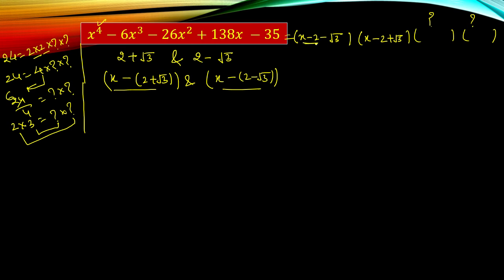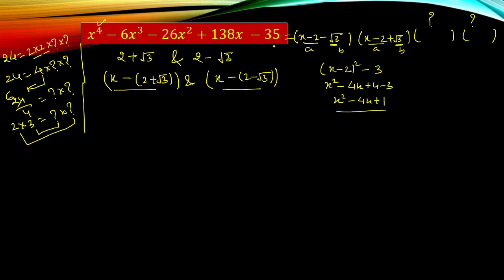Now see here, this is x minus 2, this is x minus 2. This is minus root 3 and this is plus root 3. If we apply the identity a minus b into a plus b, this is like a, this is like b, this is like a, this is like b. So applying a plus b into a minus b, we will get a square minus b square. So it should be x minus 2 the whole square minus root 3 the square, that is 3. Opening the bracket, we get x square minus 4x plus 4 minus 3, that is x square minus 4x plus 1. So the product of the given factors is x square minus 4x plus 1.